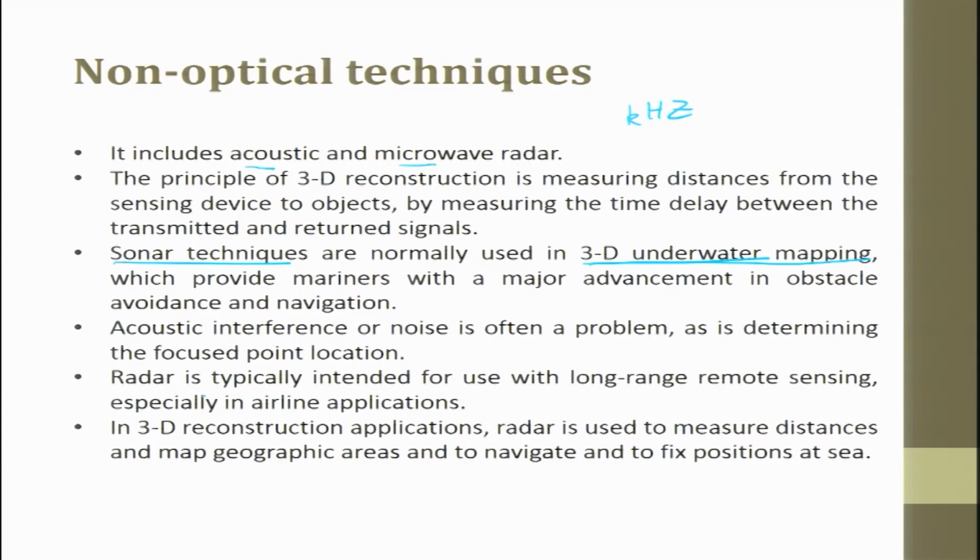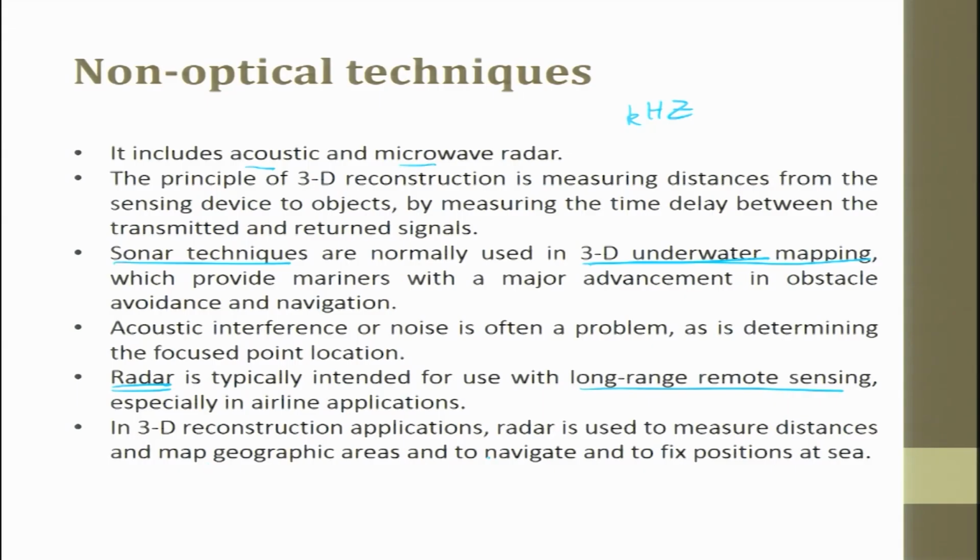A radar is typically intended for use with long range remote sensing, especially in airline applications. So, radars. That is why you see military applications, they always use radars. They are long range remote sensing devices used to detect the distance, and the distance and the time are also known. At what velocity the object is moving, that also can be found out. In 3D reconstruction applications, a radar is used to measure distance and map geometrical areas,